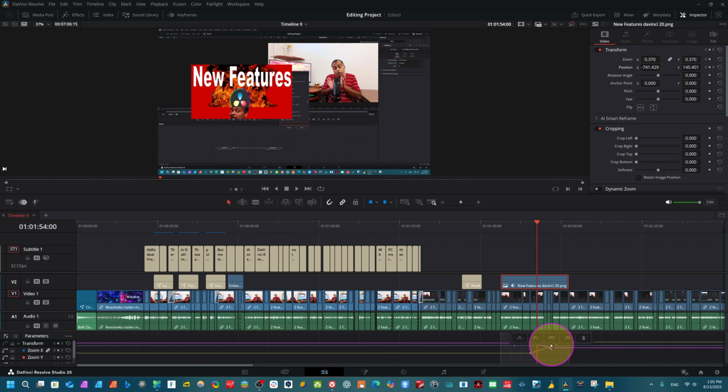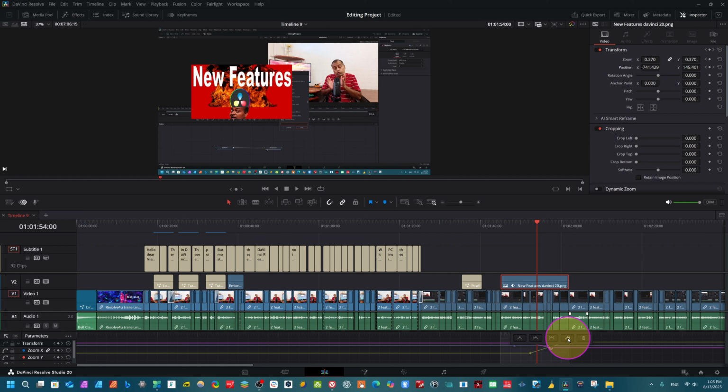Right click on this diamond point, and you can see here I have 4 types of handles. This is the point, with one handle on the left side. It means you can add a keyframe, and you can change the left side or both sides. Here you can change only the right side, and here you can delete. If you want to delete the keyframe effects, you can directly delete.